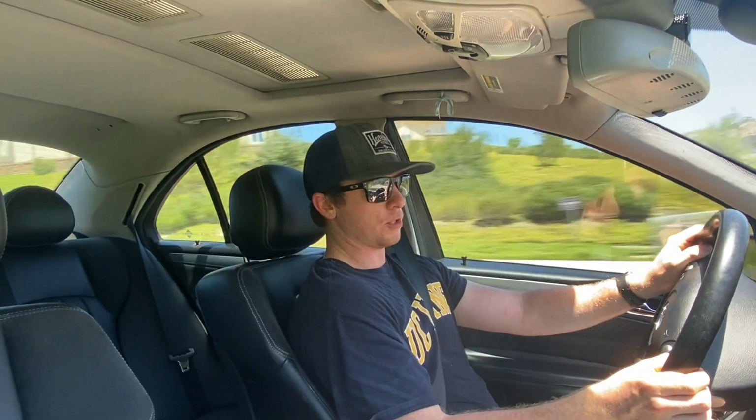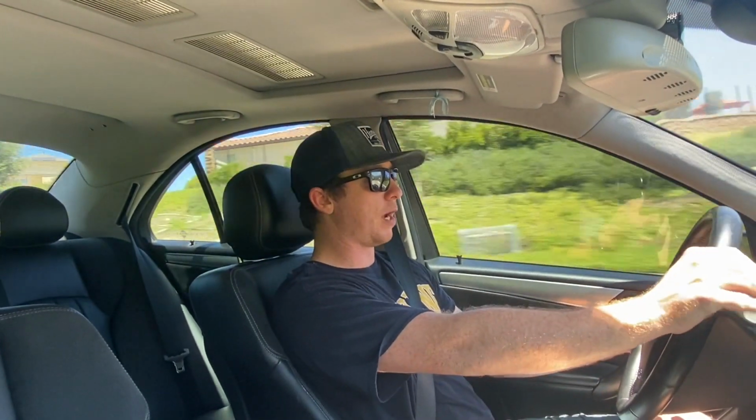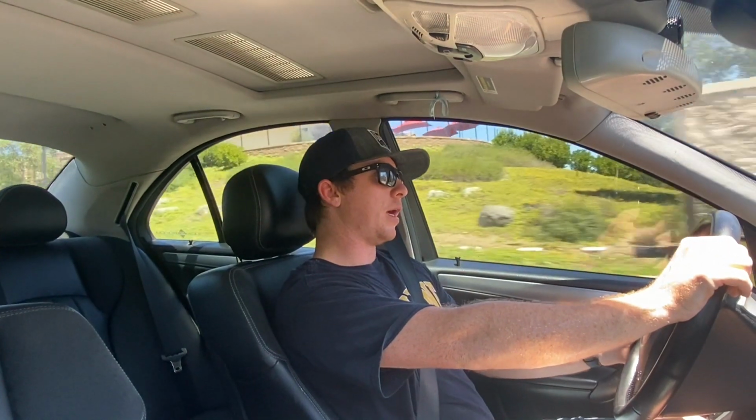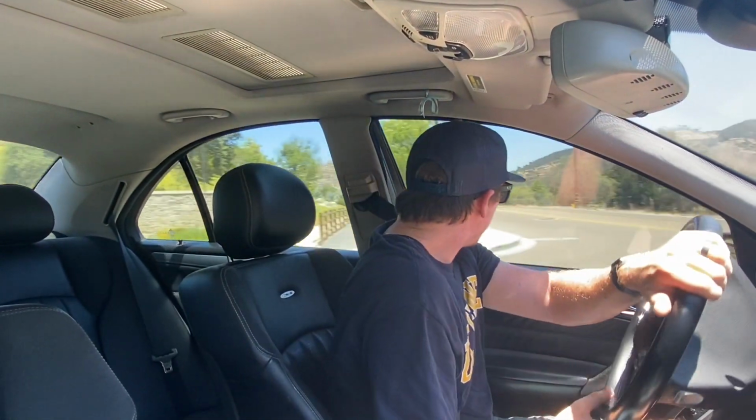And again, the traction feel and the suspension feel, it just eats up a lot of the bumps and different parts of the road without giving the car an unsafe experience, especially when you're driving it quicker. So I just can't speak highly enough of this car. Again, for the price point, I think it's a great performance car to get into. The sound,